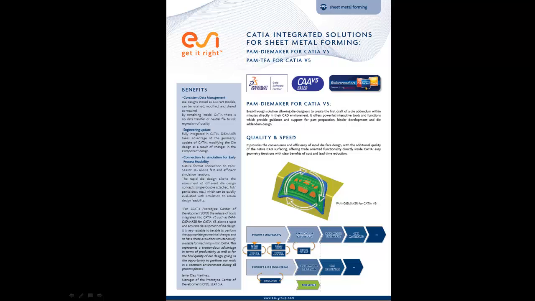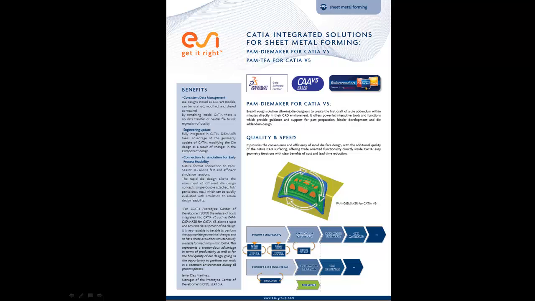PEM Die Maker for CATIA V5 from ESI is part of the full sheet metal forming solution. It is a complete and streamlined solution for quick draw die design and is fully integrated inside the CATIA V5 environment as a dedicated workbench. It minimizes the tool designer's workload by implementing tool design and process knowledge by following the natural tool phase design